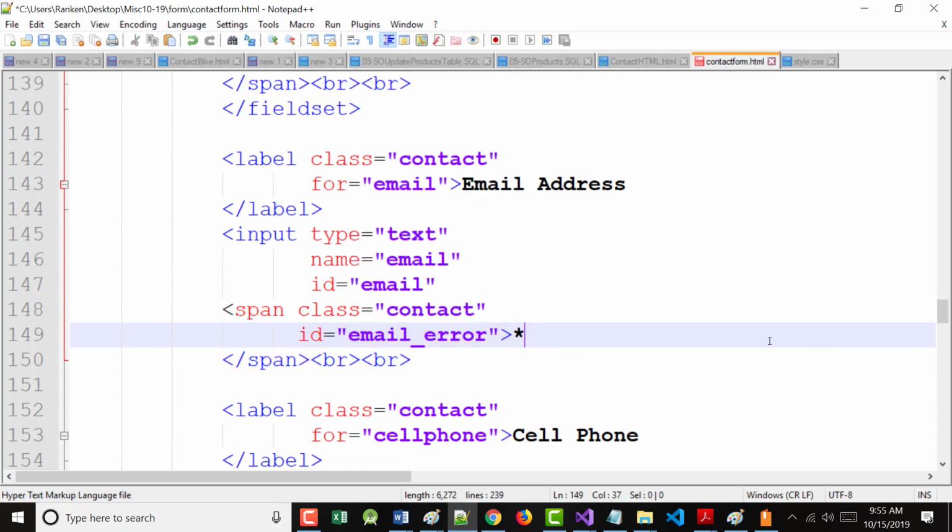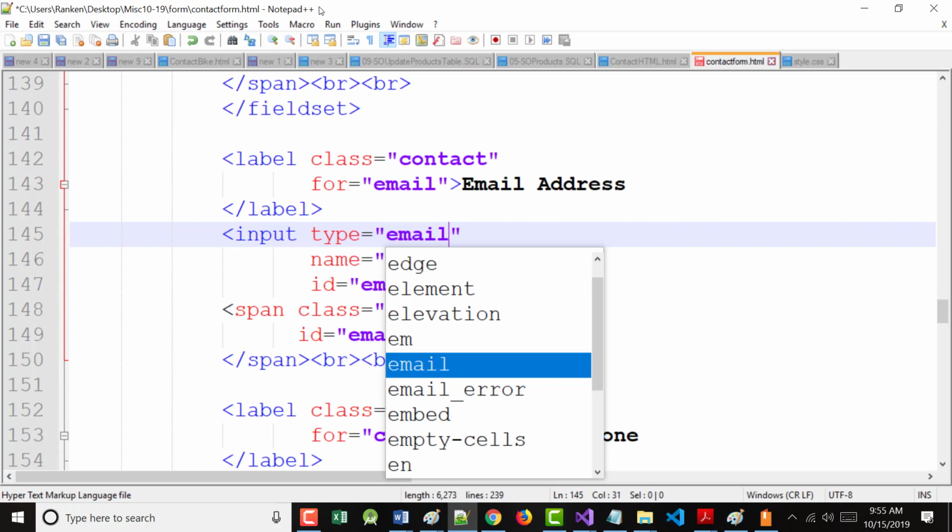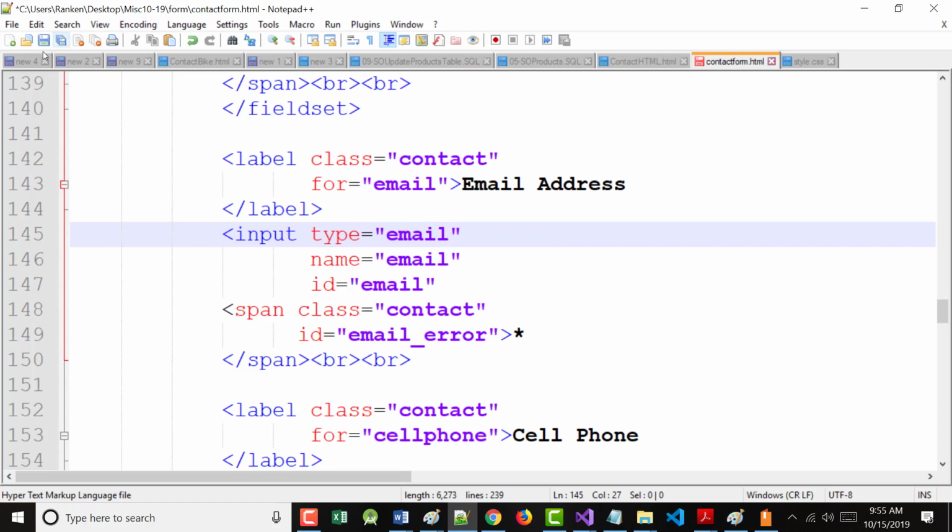Please look on the screen because this is new. See this? Don't say text. Type in email right there. That'll check to make sure there is an @ sign and it ends with dot something. See what I'm saying? Because if I don't put that in, if I leave it as text, so if I leave it like that as text,